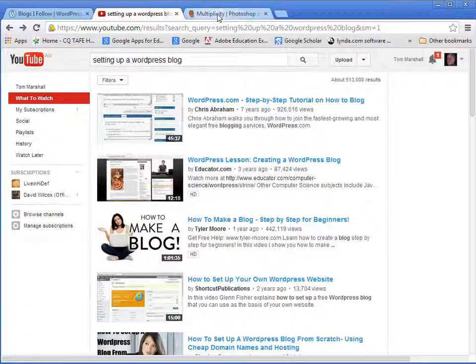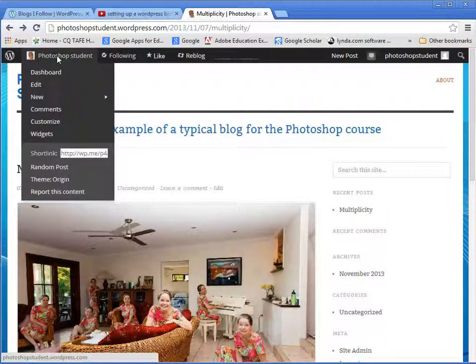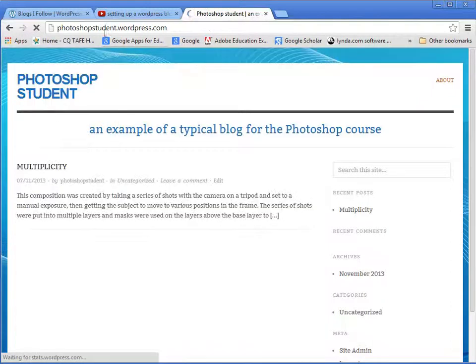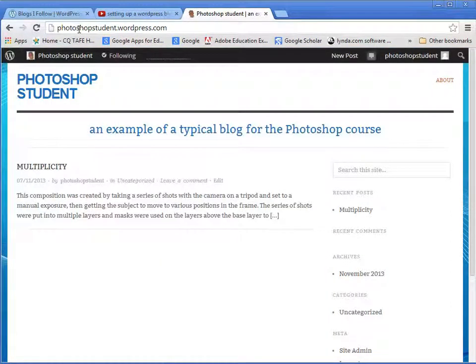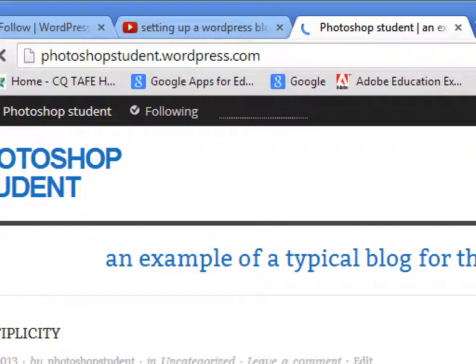But simply, once you've created your blog, the idea then is to provide information on how you're progressing. So, for example, here, the one I've created is called Photoshop Student, and it comes up with the URL then of photoshopstudent.wordpress.com,